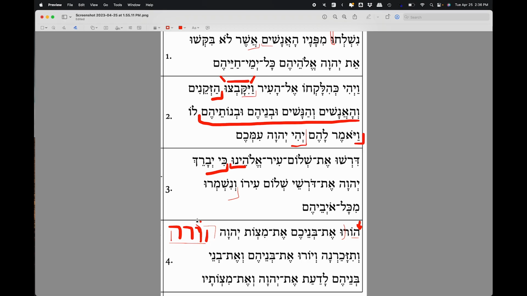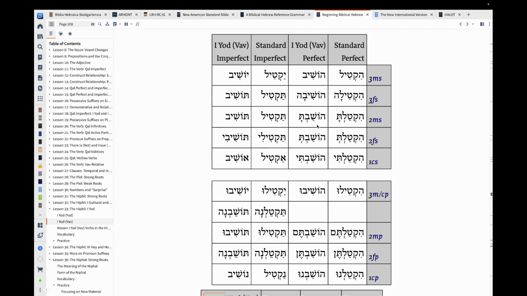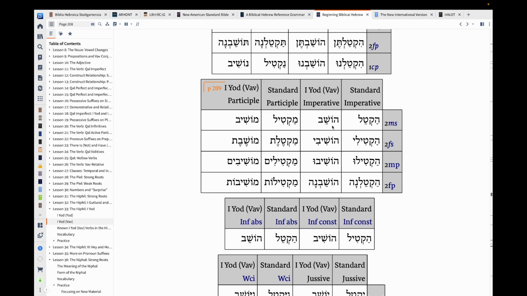So here we've got ho, ra, so this would be a kametz, but we've also got a shureq here, which indicates 3CP. So is this perfect or is this imperative? Okay, so it looks like it could be perfect. You get the ho prefix on the perfect. What about the imperative? You get it on the imperative. So the fact that it does not have the hirik yod here, that may indicate